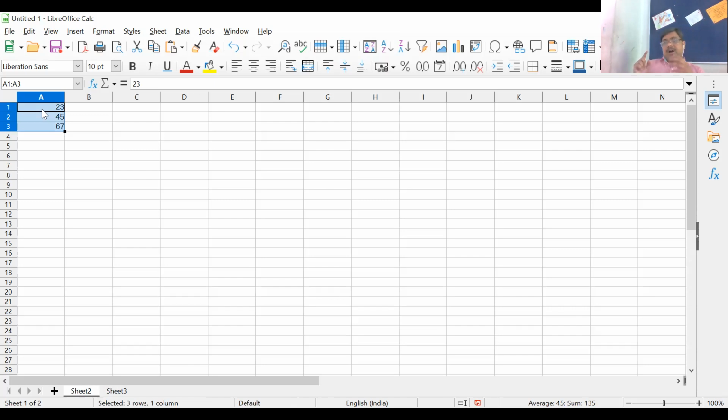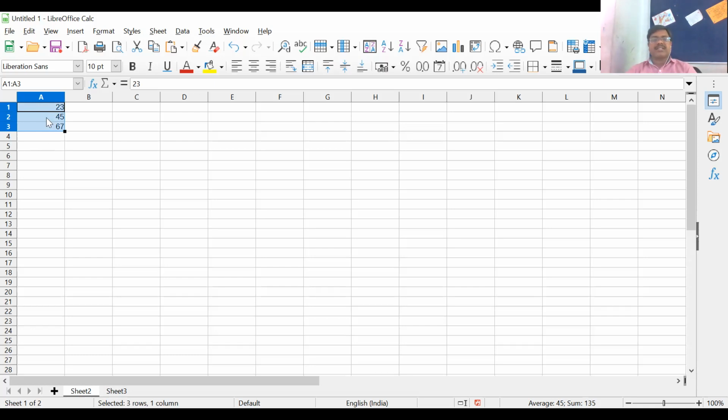Now suppose I want the data of these three cells to be copied from one place to another. Copying and moving are different. Copying means making a duplicate of the contents of these three cells.